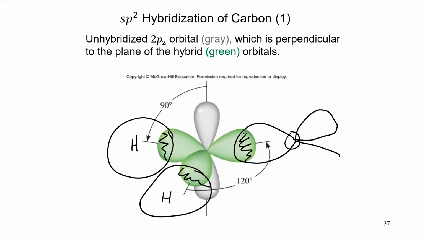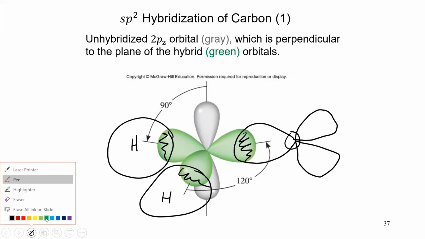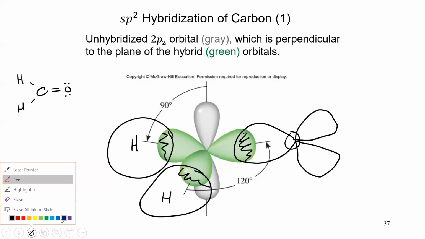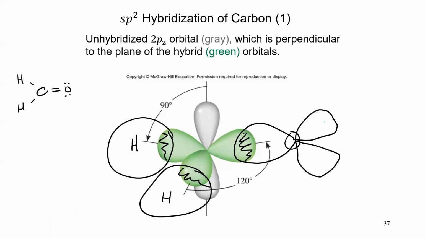And his other hybrid orbitals, well, let me actually draw this Lewis structure real quick. So we end up with hydrogen, hydrogen, oxygen, like that. That's the Lewis structure for formaldehyde. We did that several class meetings ago. But oxygen is also sp2 hybridized because he's bonded to one atom and he's got 2 lone pairs. And so he ends up with the same